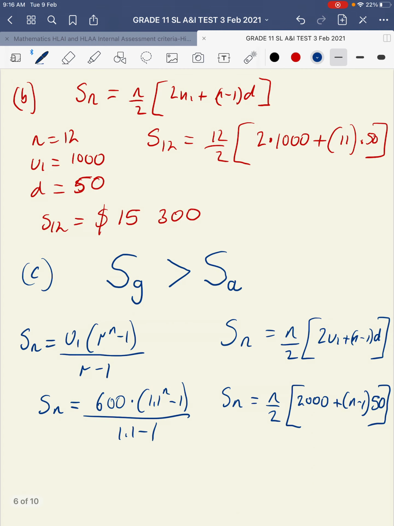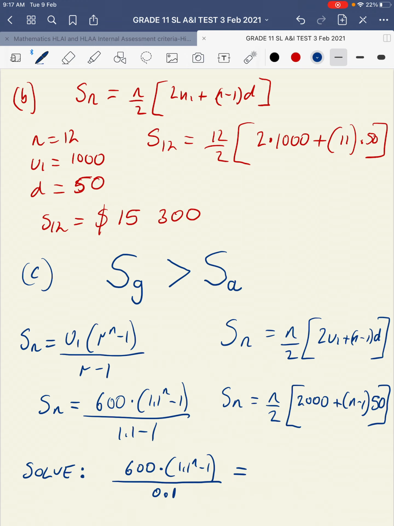Equals 50, yeah. Okay, so here we've got two equations, and we want to know when is Greg's amount going to be bigger than Anne's amount. So typically we just solve this as an equation and then think about, do we need a year more or a year less than the final solution? So we want to solve the following, and we can do this on nsolve, or we could graph. So I'm going to solve when is Greg's equal to